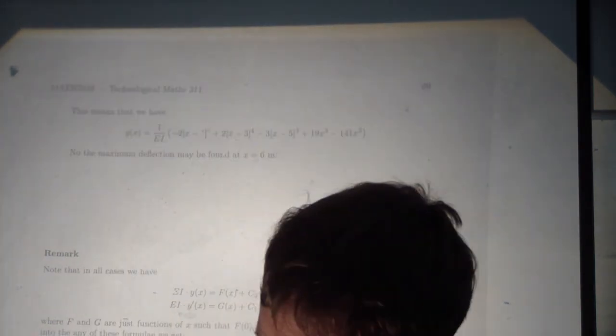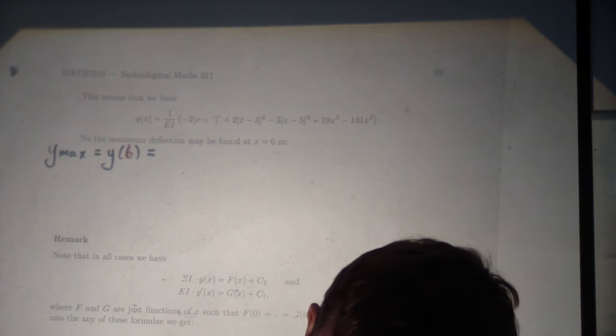This is the deflection at any point, and the question that you will be asked is find the maximum deflection on the cantilever, and the maximum deflection is always at the end of the beam, in this case at x equals 6. So y max, maximum deflection, is equal to the deflection at 6. It'll be in terms of E and I. If you make E and I larger, the maximum deflection gets smaller. So 1 over EI